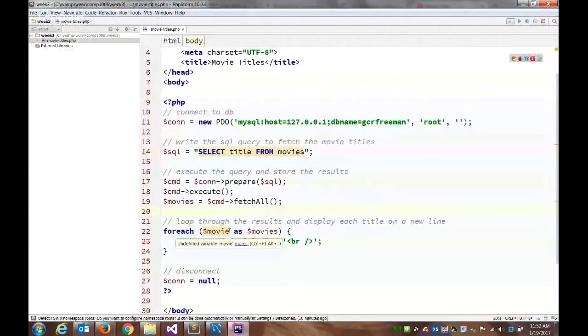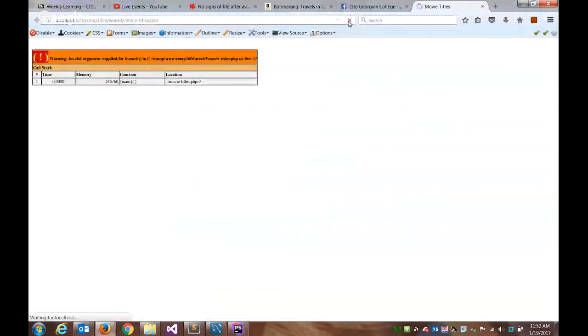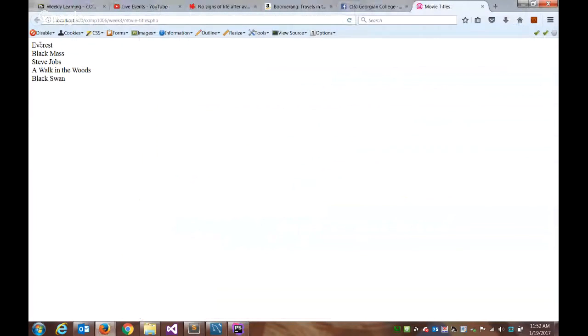Whoops, I had this wrong, sorry. Movies should be the whole collection, and movie is our individual. So we're filling our array called movies, and we're calling each one a movie. So now we get the movie titles